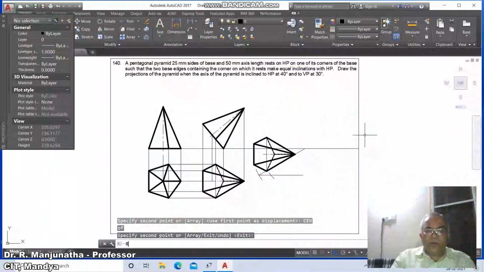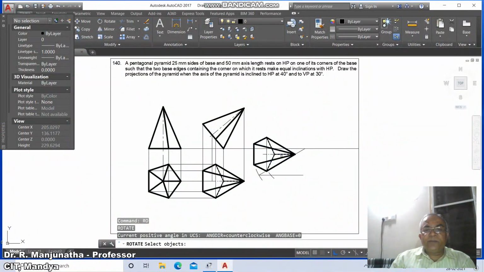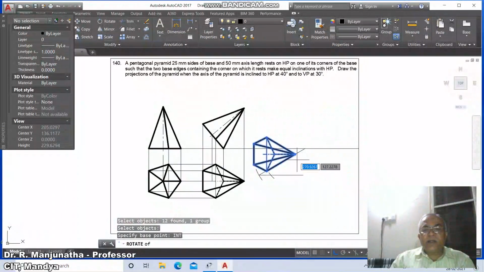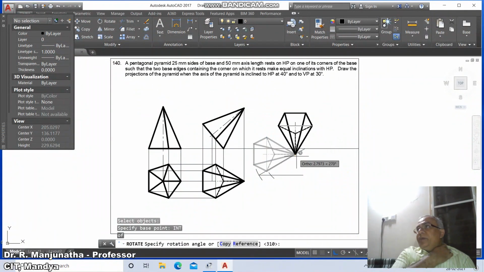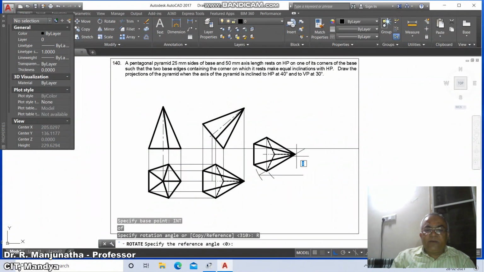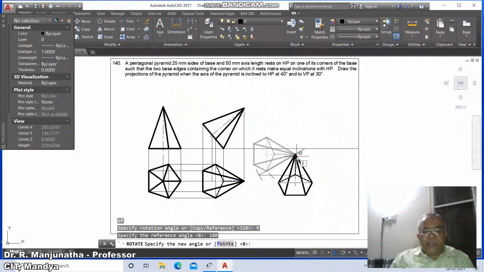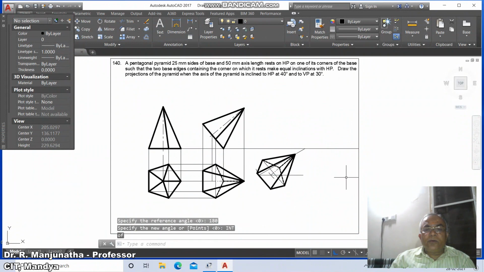Now we need to rotate. Take the rotate option, select this, and select objects. Take the base point INT of this, then copy the reference angle, take the reference angle as 180 degrees, then take the intersection point of this, so it comes and matches with that.